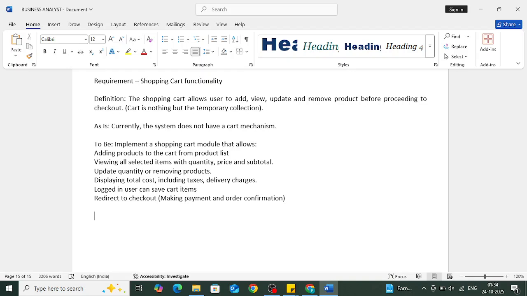So these are coming under the to-be. To-be is nothing but what we want to develop. Okay. So what all are the assumptions? Assumptions are nothing but the expectation, the normal things. So first of all, the user needs to be authenticated. So user authentication, like login ID and password needs to be matched. And product catalog,